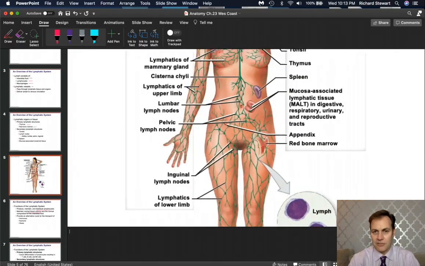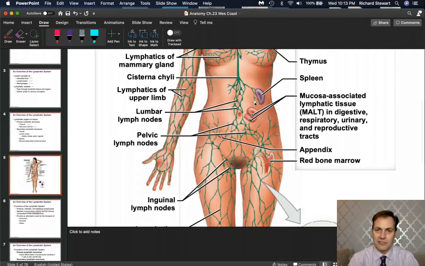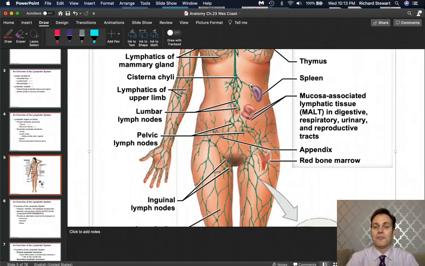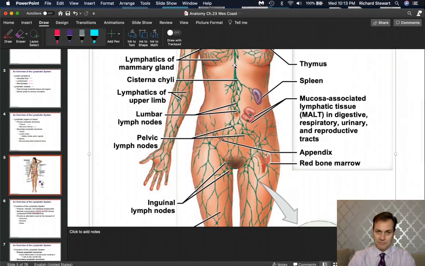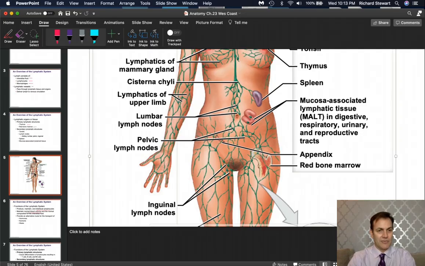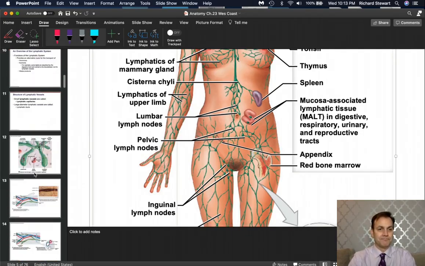Easiest way to remember this is right here is our cisterna chyli. This is where our stomach would be. Now, if you were to eat some really spicy chili, the chili is going to give you heartburn. So that heartburn you're going to feel right there. So heartburn is going to be in your stomach. Okay? So our stomach is going to be in pain because of chili. Cisterna chyli. That's where these guys come up, and it forms the thoracic duct, or thoracic trunk.